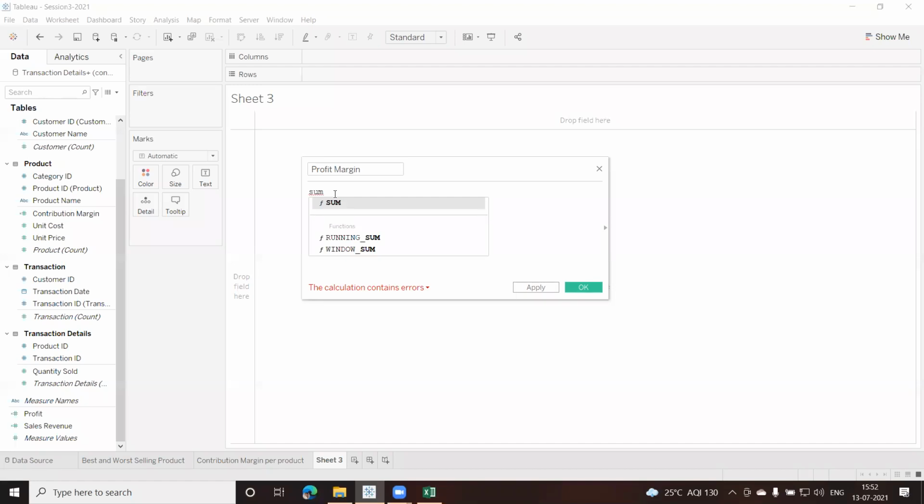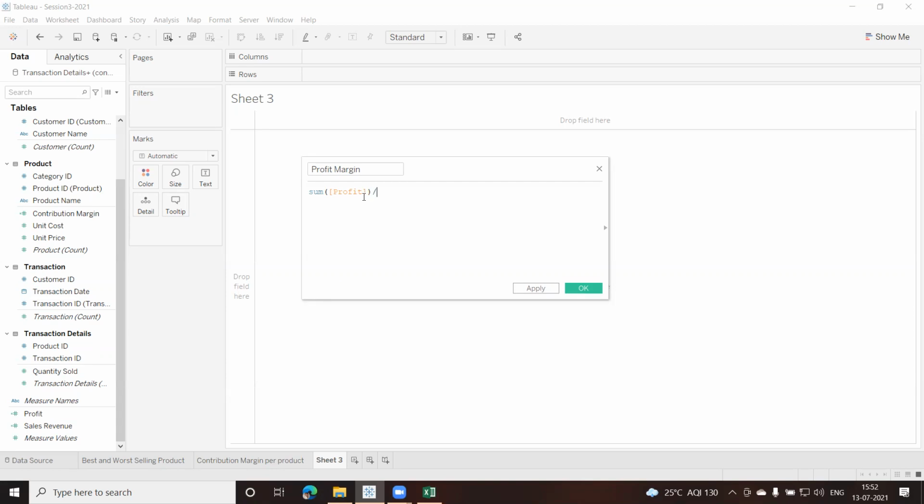We have a function here called sum. I'll select this one, or you can just put the round bracket. Inside the round bracket, I need to pass the expression. Profit was calculated, so I'll put profit here. Complete the round bracket.